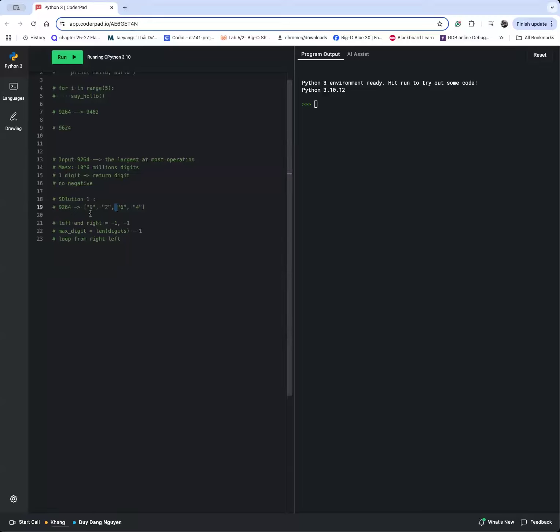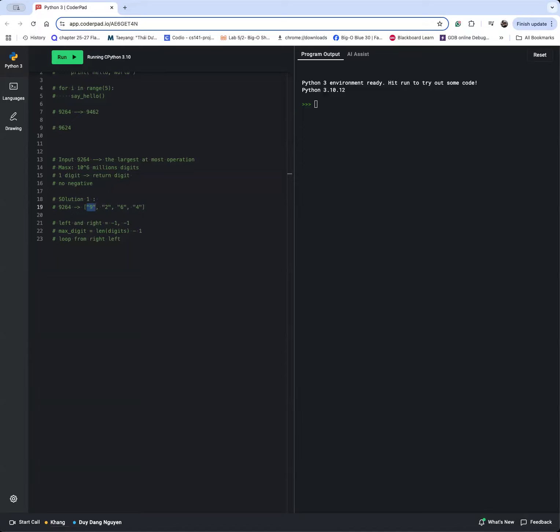So if we find that, I think the max will point to the 9. The max will point to the 9, and then because left and the right is based on,